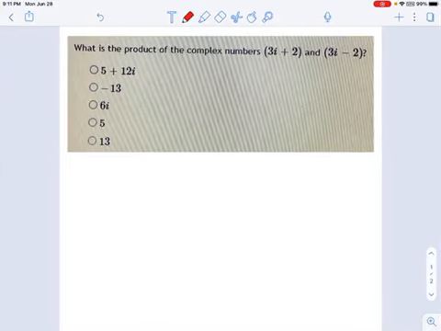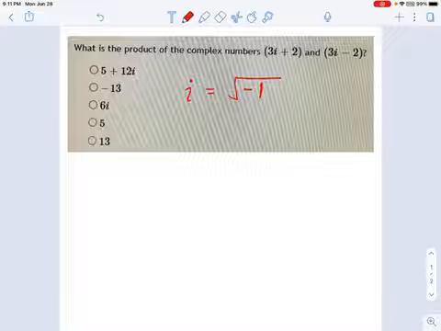So one of the common topics in high school math and Algebra 1, Algebra 2 is this idea of complex numbers. And if you remember what a complex number is, a lot of people don't seem to like these things. I don't know why. Maybe it's the name complex number or imaginary number. It makes it sound unimportant. But you have this letter i, that's an imaginary term, and it's equal to the square root of -1.